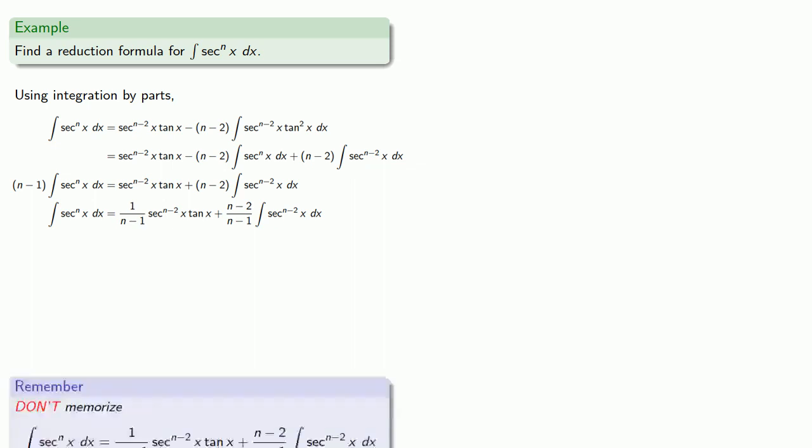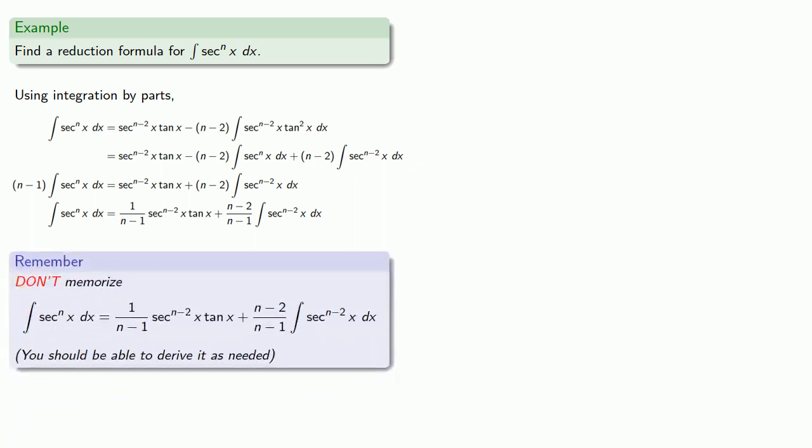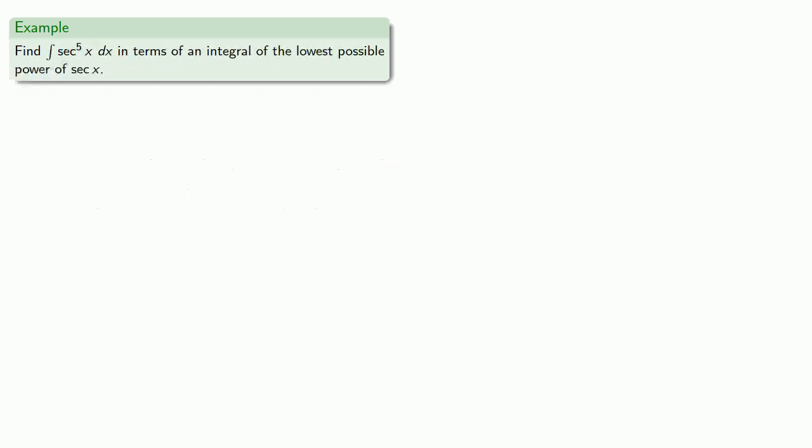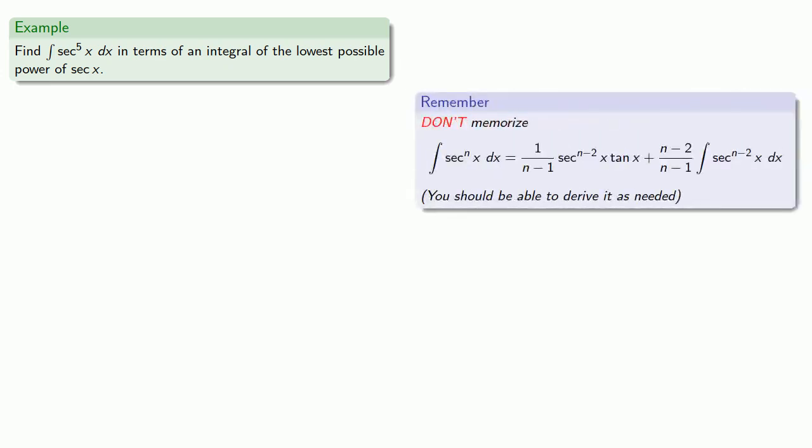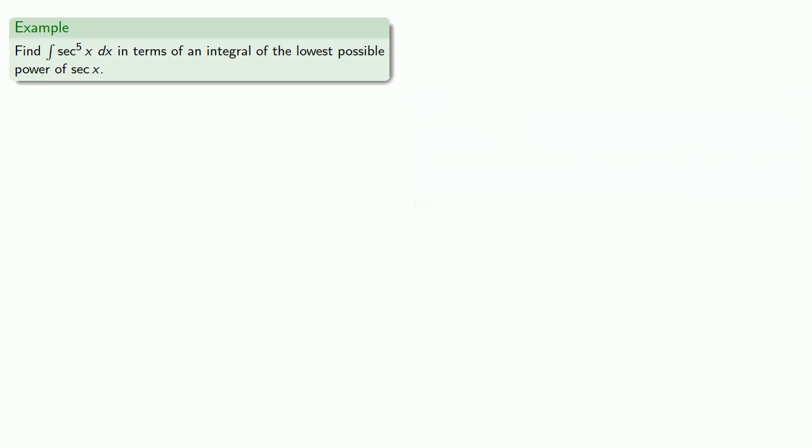And remember, don't memorize formulas. You should be able to derive this as you need it, because all we really did here was to use integration by parts and the trigonometric identities. So for example, if I wanted to find the integral of secant to the fifth, while there is a reduction formula, don't memorize it. And since we didn't waste our time memorizing the reduction formula, we'll use integration by parts to obtain